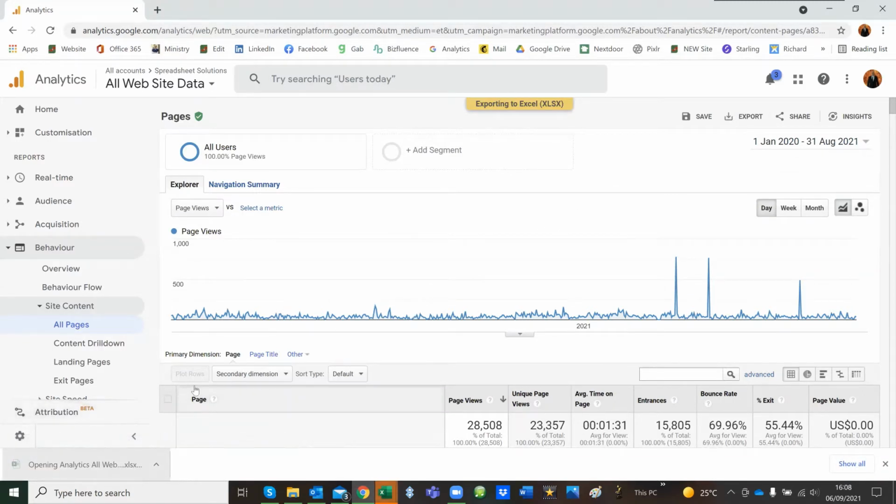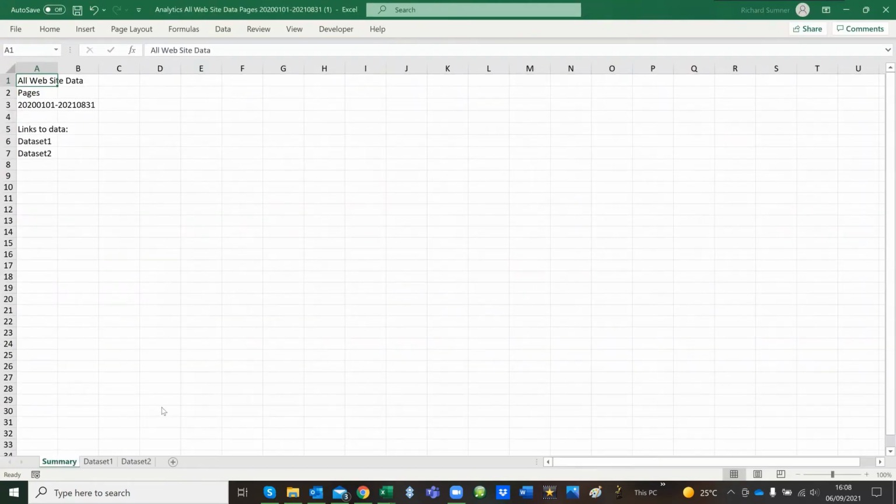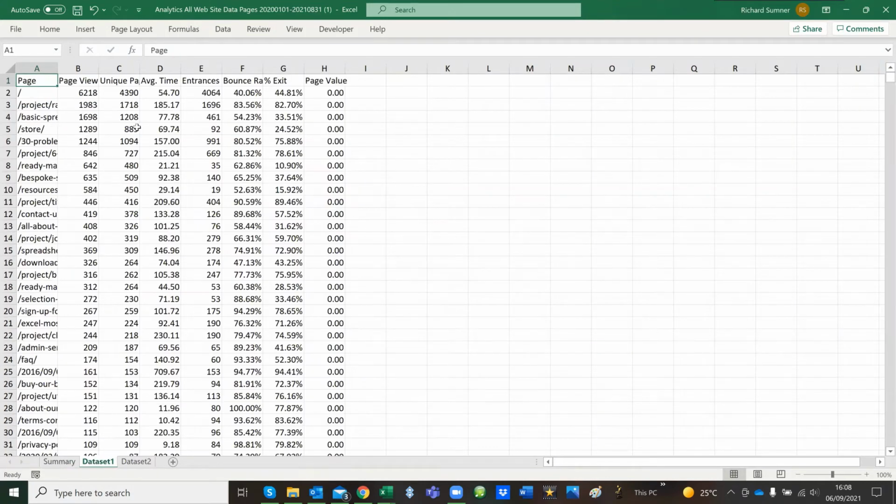Now, this is something that people often forget to do. Once you double click on it to open it up, make sure you actually click enable editing, because otherwise, if you copy this data, it's not in the right format. So if you go enable editing, data set 1, that's what you want. So we want to get the headers,